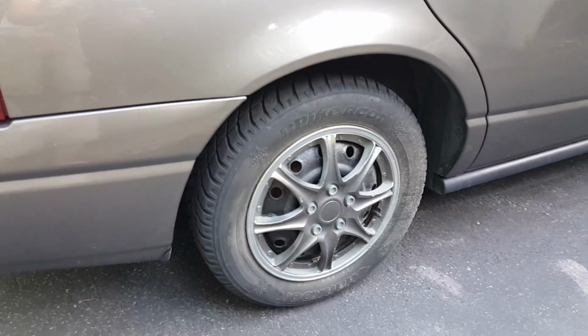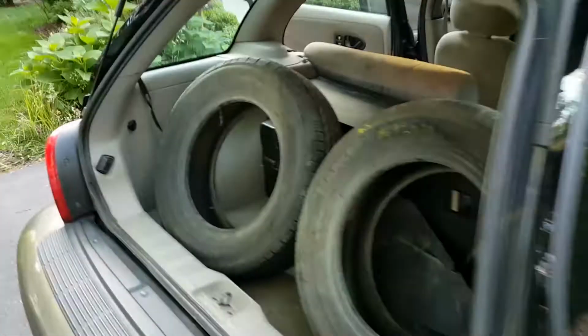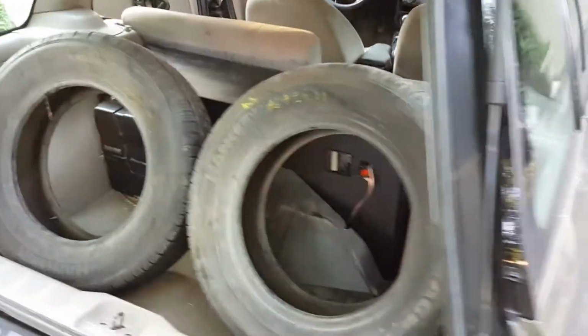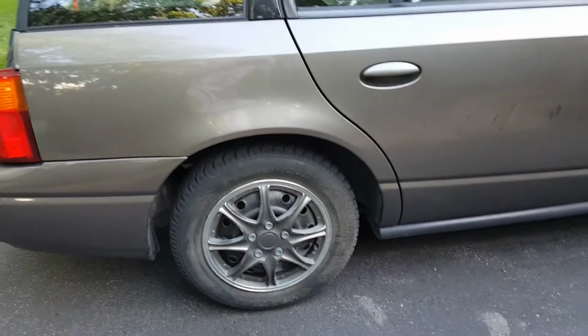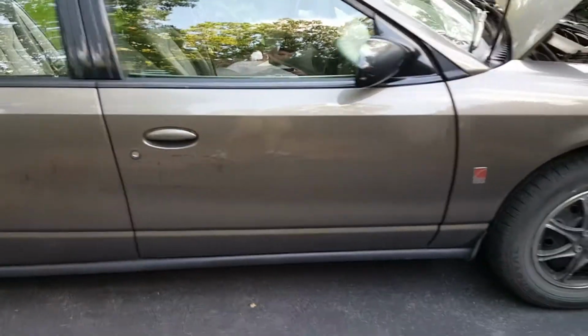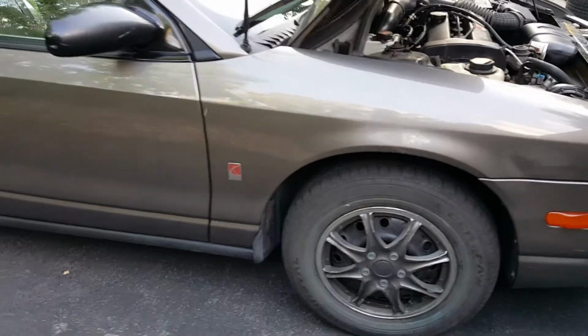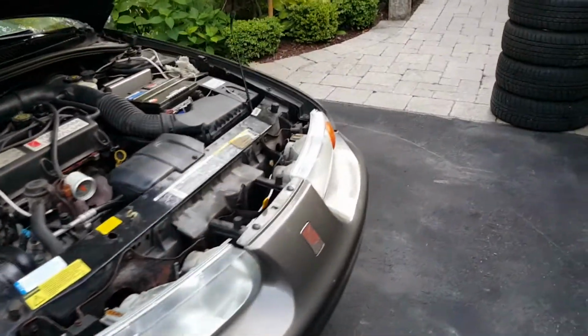On the back here he has smaller tires, so that's what these tires in the back are for. He told me to put these on the back. But this is going to be my winter car, so these are okay tires. They're just no-name brand. The tread's alright, but I don't need them. So one of the first things I'm going to do right now